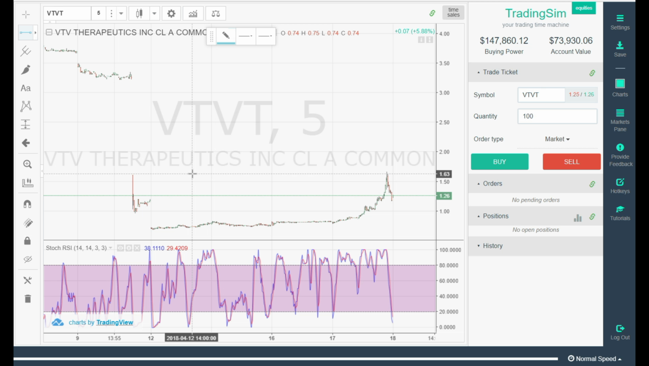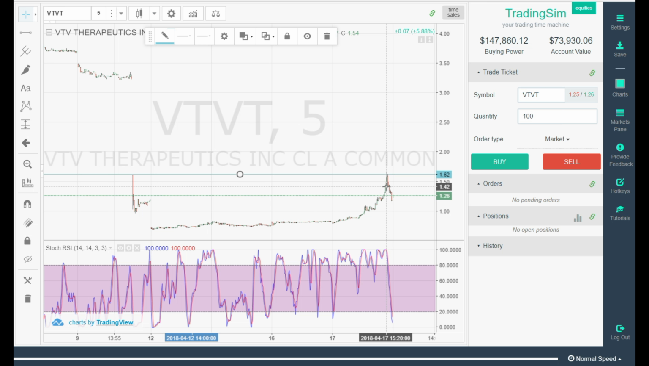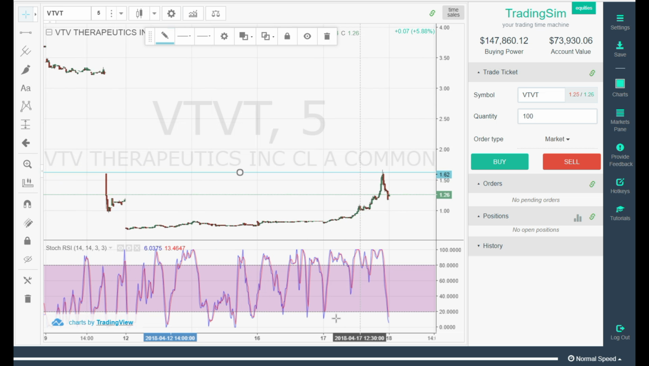there's resistance, right? There's a swing high here. It looks like going into the close on the 17th, we tested that and failed. And so the Stochastic RSI is a pretty high reading here, right at resistance. Okay, so let's say you come in here